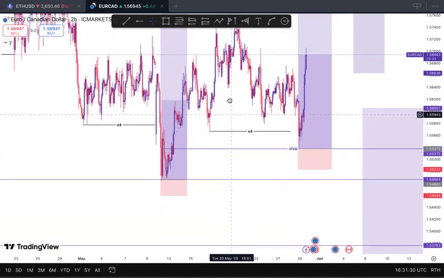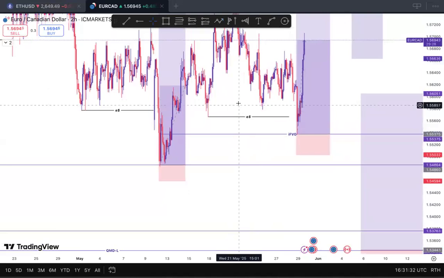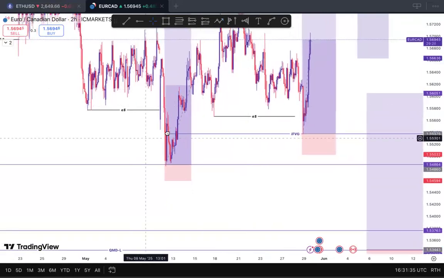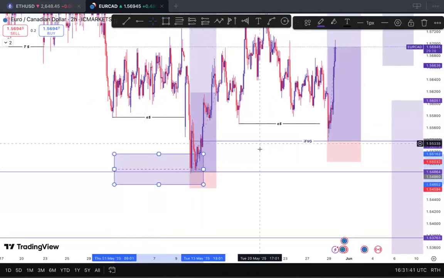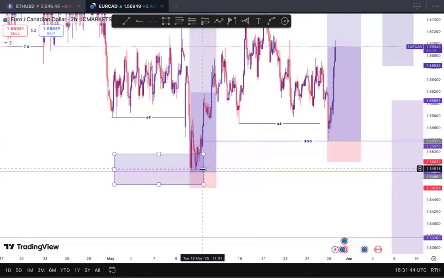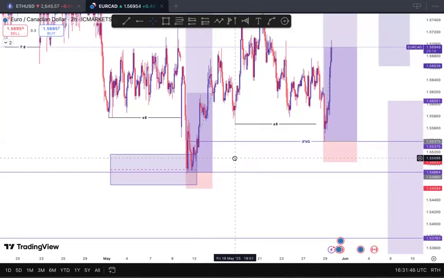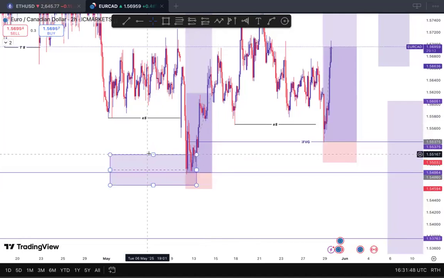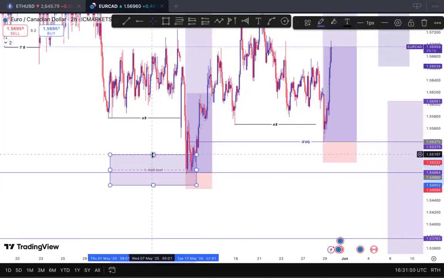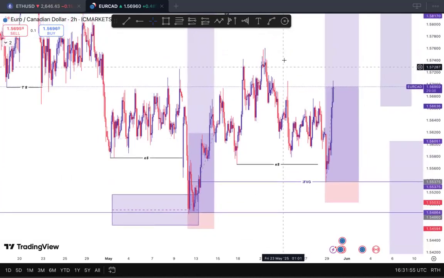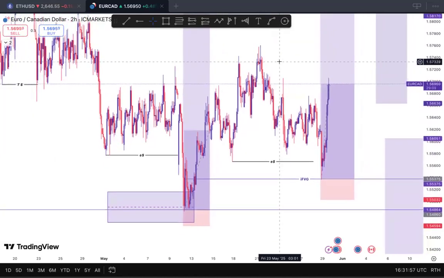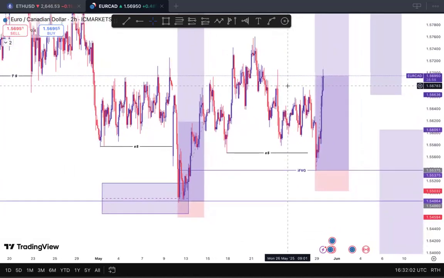So once you see things like this, make sure that the origin of price is coming from a higher time frame demand or a strong demand. Because once price is moving from a demand like this, we're expecting price to buy long. But since price hasn't bought long, price is going to come back and then clear that engineered liquidity.